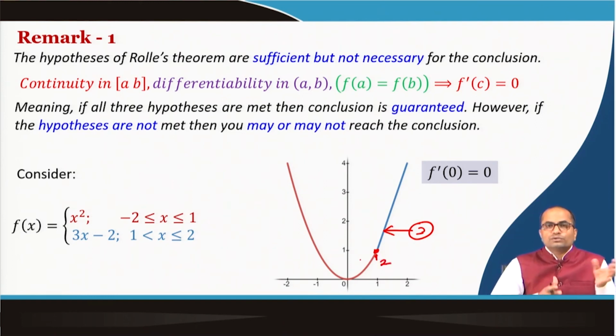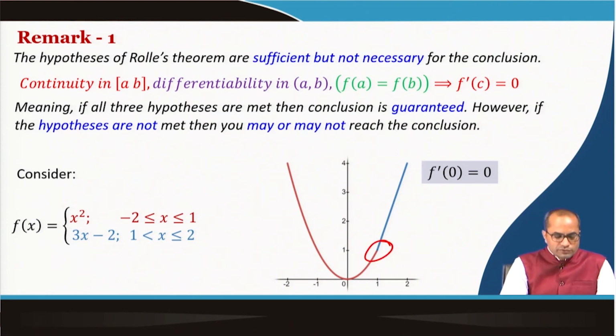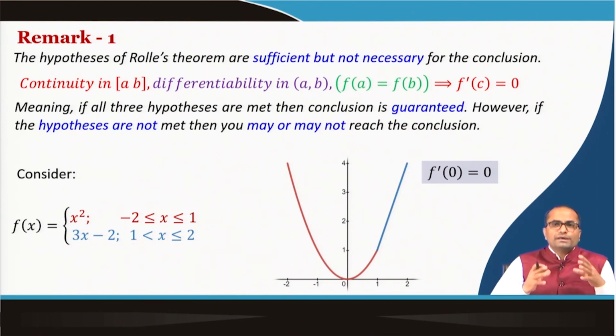So, you have two different derivatives from the two sides, and definitely the derivative does not exist. So, for this function at this point it is not differentiable, whereas it is continuous, because at 1 this is approaching 1, and this also at 1 is approaching 1. So, the function is continuous, but it is not